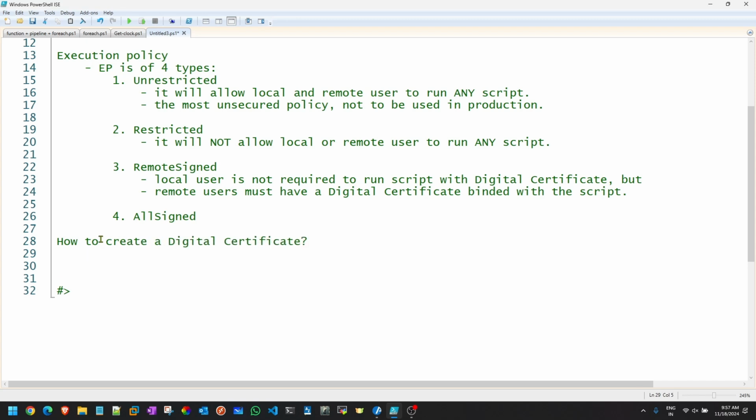How will you create it? So there are different ways to create a digital certificate. There's a very old utility called makecert.exe. By the way, this is deprecated. Even if you try to download it from the Microsoft website, you will not be able to do that. Some people might have the old utility available in their hard drives, so they are still using it. Another way is your IIS web server. Your IIS web server can generate a self-signed certificate.